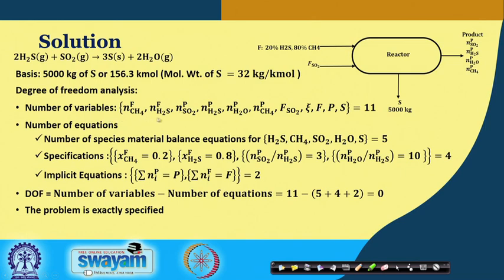So we have the number of moles of the various species in the feed and in the product. The F superscript represents the feed and the P superscript represents the product, and this F SO2 is the amount of SO2 going in the feed stream. This is the extent of conversion, and this is what we call fractional conversion, and these F and P are the flow rates of the feed and the product gases, and S is for the sulfur.